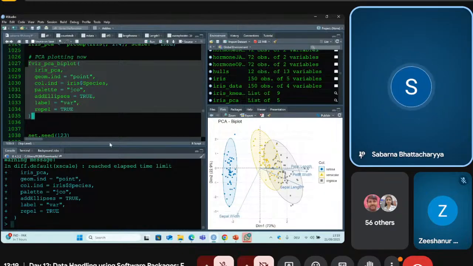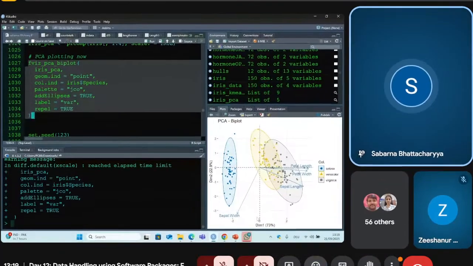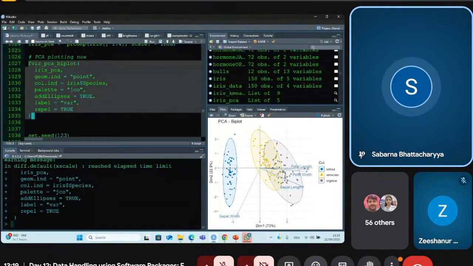As everyone can see here, I have made a PCA plot out of the iris dataset. And as I told everybody, it has 2 axes. The first axis is called dimension 1, but it could be labeled as PC1, as I explained in the slide, and PC2, dimension 2, 22.9%. So you can see that the first PC, the first dimension here,